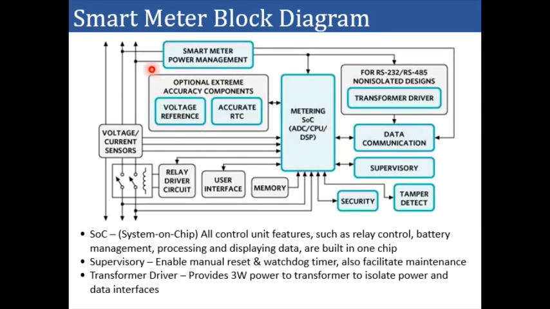Now let's see the detailed block diagram of smart meter. What you will see when you open the smart meter, and the components which you can see in the smart meter PCB are as follows. So these are the earth as well as live, phase and neutral lines. So power is now going to the load from this side, and here you have the voltage and current sensors which will sense the basic parameters and send information to the metering SOC.